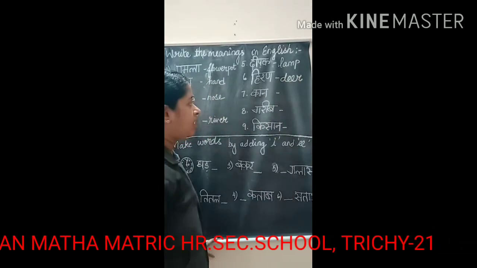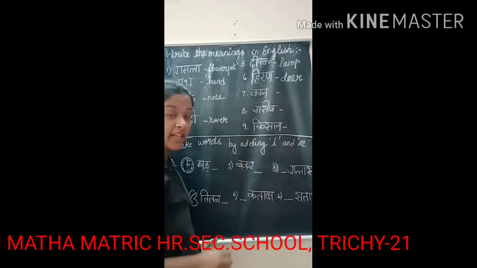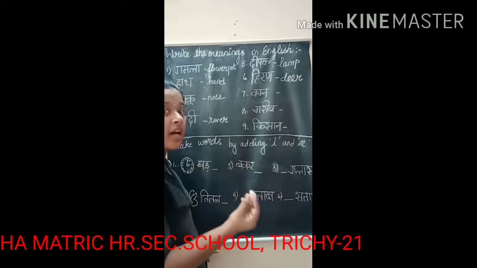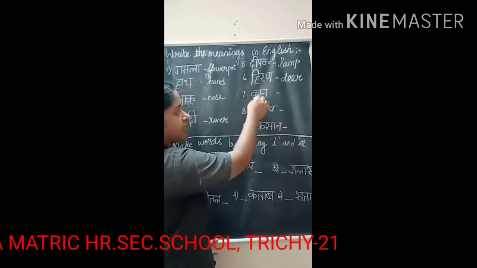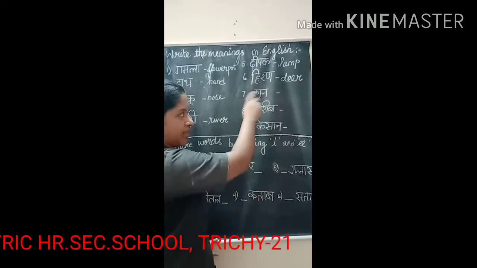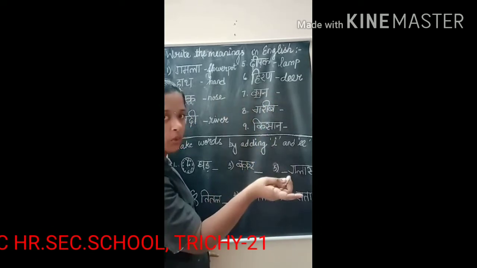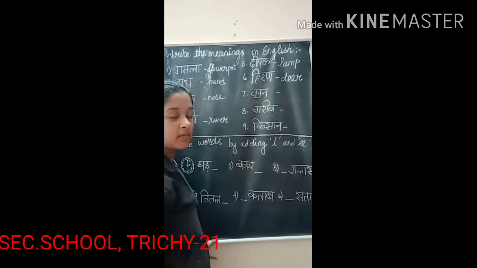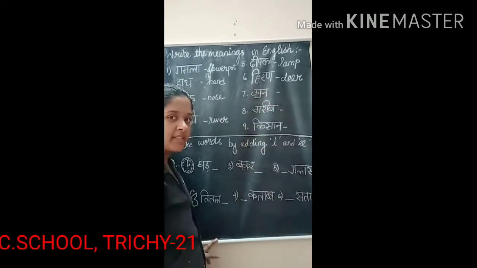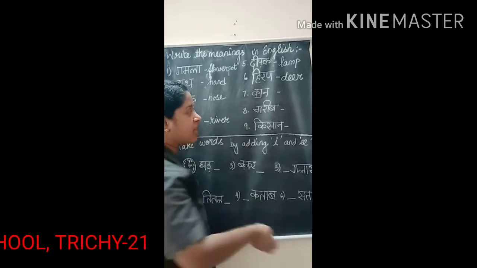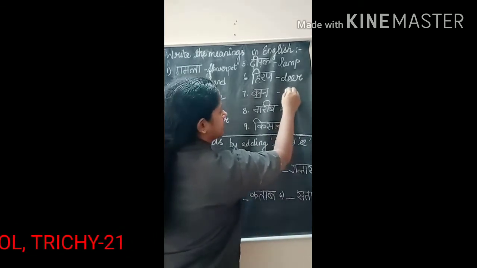Okay. Next word is Khan, giving a little bit of stress to the first letter. Why? Because the symbol of A is coming with Ka. So in this two-letter word, Ka and Na are consonants, and the symbol of A is joining with the Vyanjan Ka. So I will pronounce it as Khan. Khan means ears.